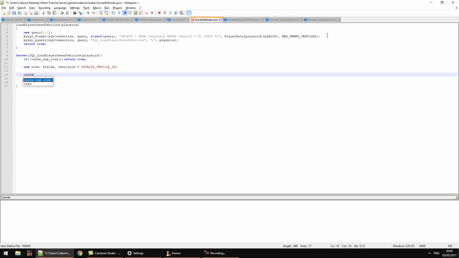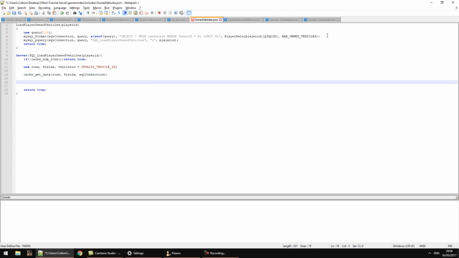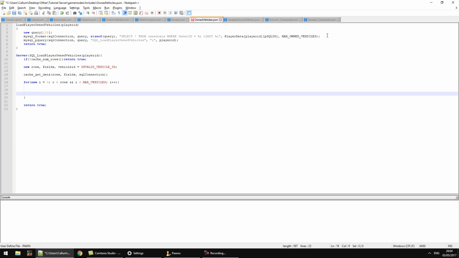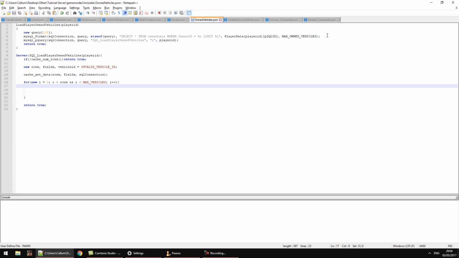So now what we need to do is cache get data rows fields SQL connection for new integer new I is equal to 0, I below rows, and I below max vehicles, I plus plus. What we need to do first is actually create the vehicle. So vehicle ID is equal to create vehicle,